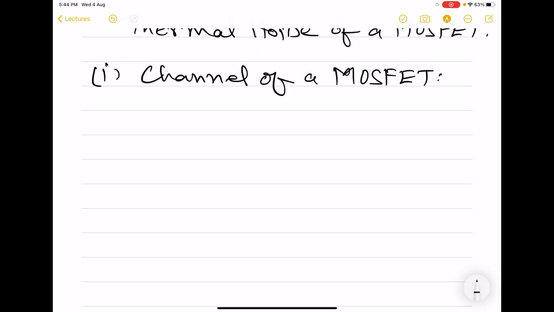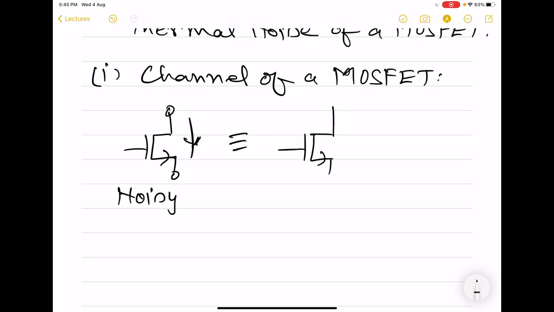So here also a question arises: if we have a noisy MOSFET, that means this current is going to show some random fluctuation. So how do we model this? A noisy MOSFET can be modeled by a noiseless MOSFET in parallel with a noise current source, of course,